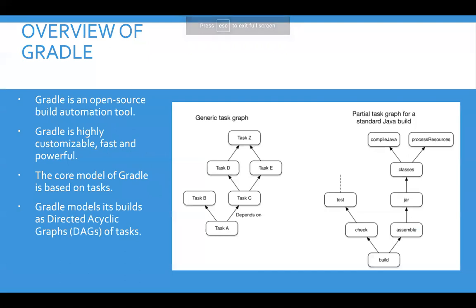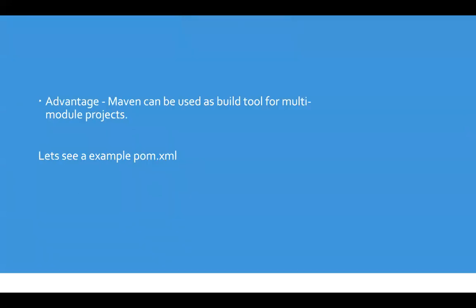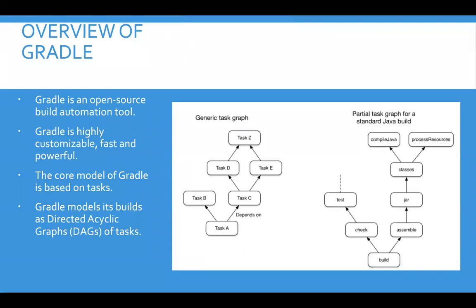Okay, so this was all about the basic overview of Maven, how we use it. Now let's see the overview of Gradle. Gradle is an open source build automation tool like Maven is, and it is focused more on flexibility and performance of your project. It is highly customizable, fast, and powerful. We will see how it's highly customizable and why we call it fast. And Gradle is the official tool for Android, and it supports many other languages and technologies. I have used it for Java, and it can be used with Scala and many other languages.